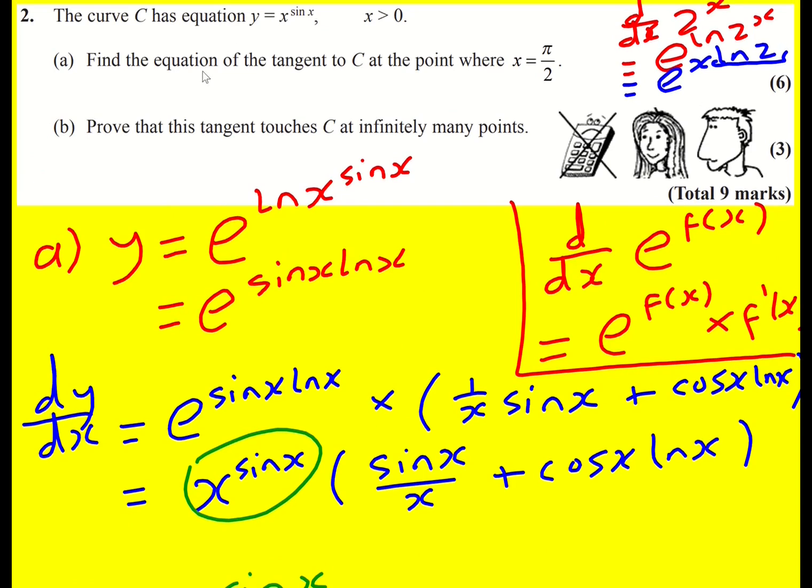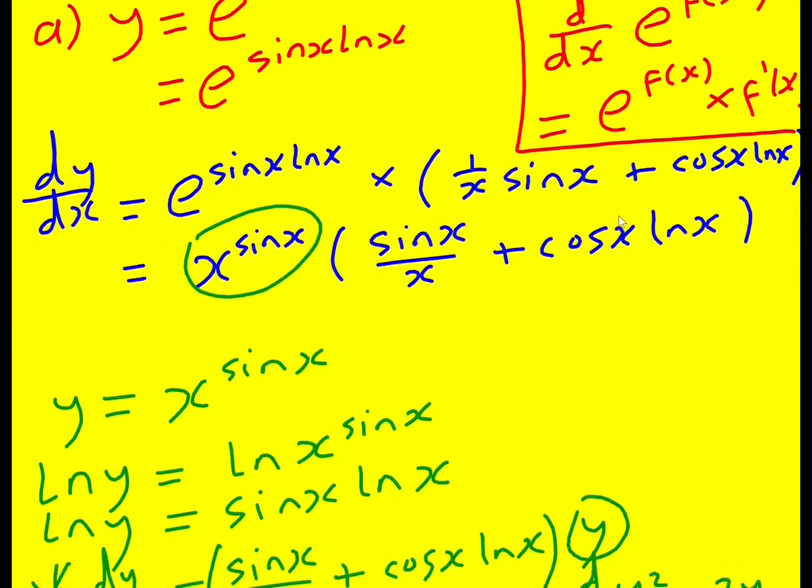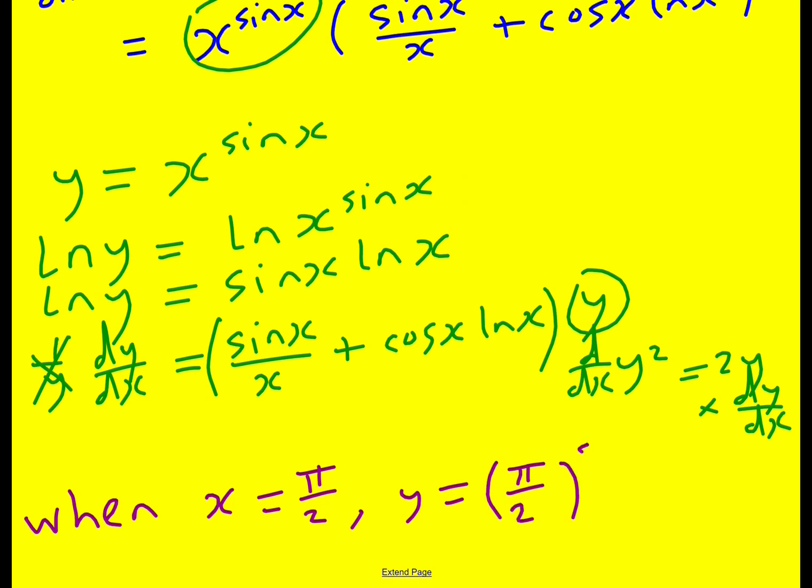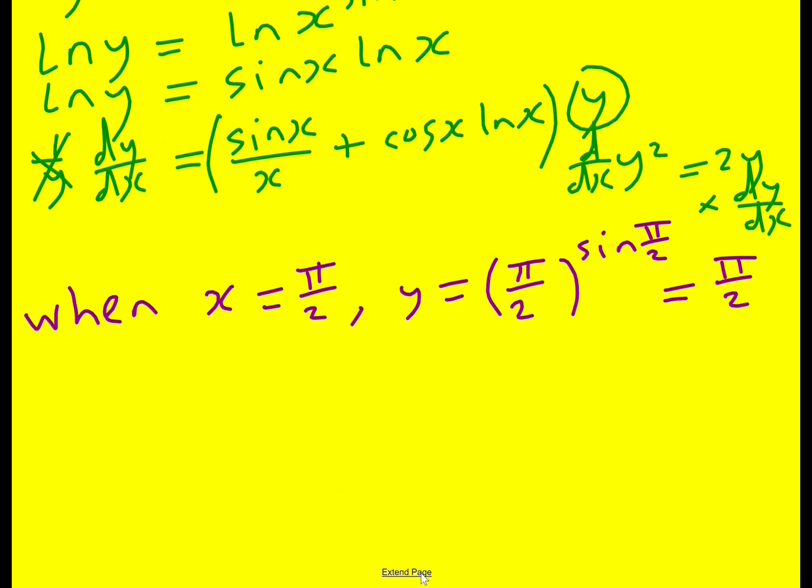Now, we're asked for the equation of the tangent, remember, when x is equal to pi over 2. So when x is equal to pi over 2, I need my value for y first of all. So that is going to be pi over 2 to the power of sine pi over 2. But sine pi over 2 is just 1. So I just get pi over 2. So I've got my coordinate, and then dy by dx